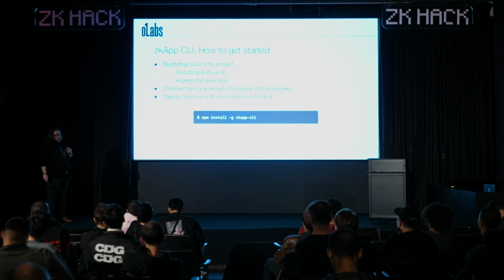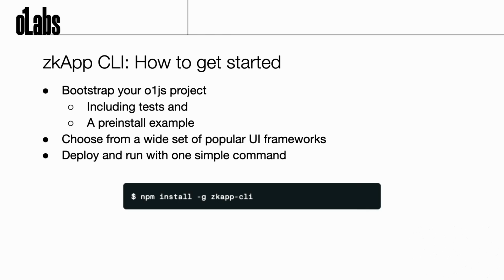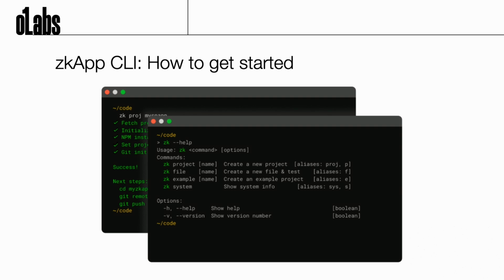That allows you to build peer-to-peer applications, which are executed in the browser, proven in the browser, and just sent to your friends or to the blockchain. So if you want to get started with o1js, if you're interested in it, you can simply install the zkApp CLI. It's a tool that we built to let you bootstrap your application. You can choose from a list of predefined UI frameworks that you want to work with, and it's a simple command. There's all sorts of things you can do with it: also deploy to the network, create examples, and get some debugging information. So that's definitely the go-to thing that I would recommend if you're interested in working with o1js.